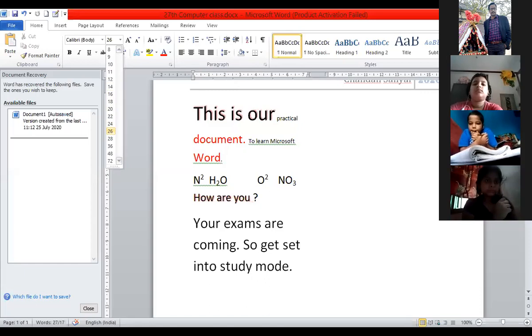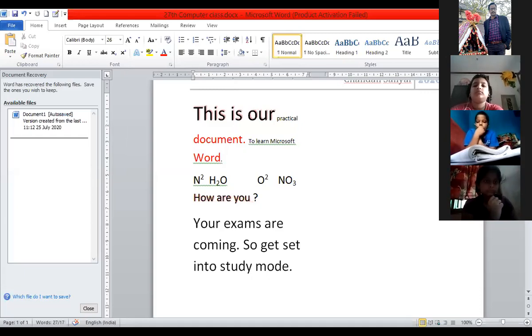So this is the part of the text. I have changed the size of the text. After this, what I want to do is put the similar color and all to the word learn. I want to give the same color and same size. So for that, I will select this one. I'll go to the format painter. And in the format painter, I will select this one.